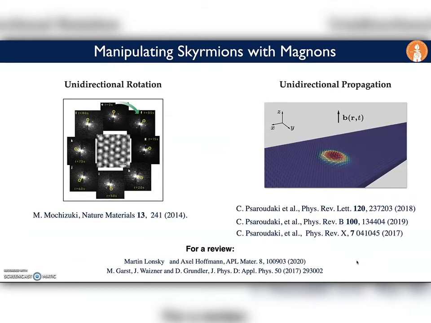It is well known that we can manipulate Skyrmions by magnons. One example would be the unidirectional Skyrmion rotation induced by the rotational flow of magnons under the application of a thermal gradient, and we have also suggested that magnons under microwave fields can result in a unidirectional propagation of Skyrmions along a nanowire. There are a few nice reviews on the topic. Here in this work, we suggest quite the opposite: how the properties of the emitted spin waves can be controlled by the topology of the emitter, which is the Skyrmion core.